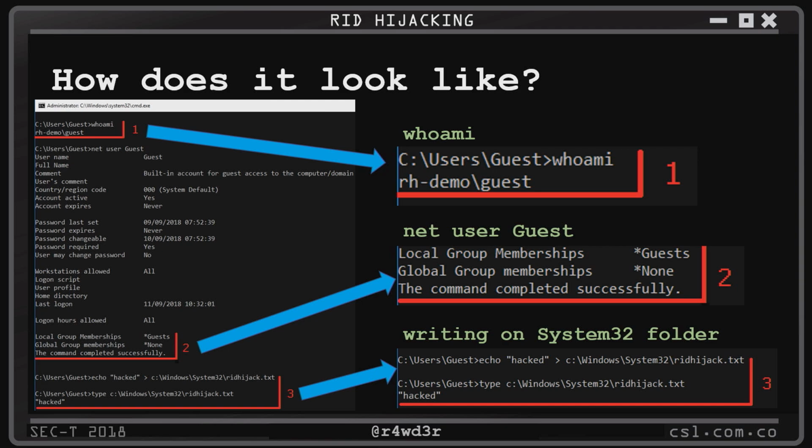So we can see that we are authenticated in this case as the guest account. We are querying the privileges of the guest one, and we can see that we are only a member, in this case, of the guest local group. But we can write on a protected folder, which is in this case System32. So we have administrator privileges, but there is a stealthy access when querying these privileges by using Net User